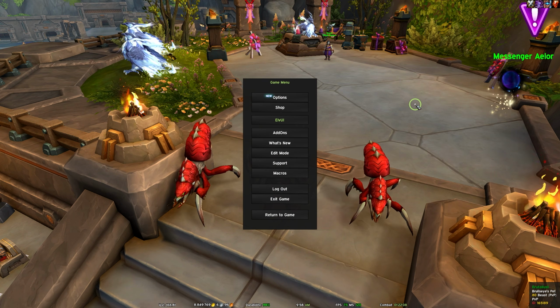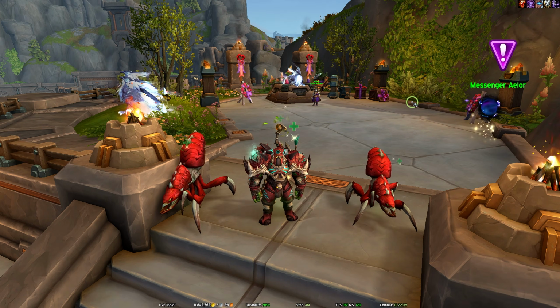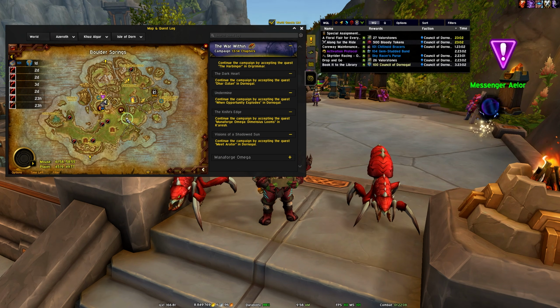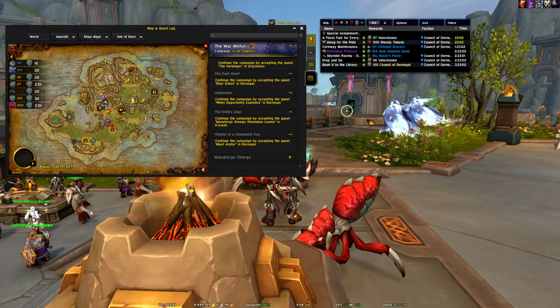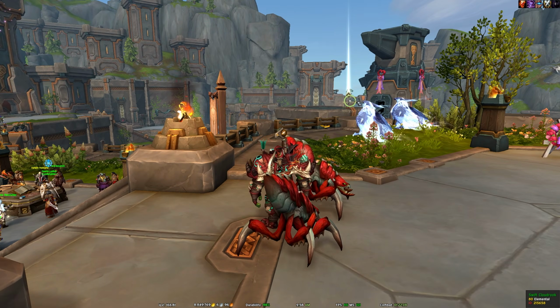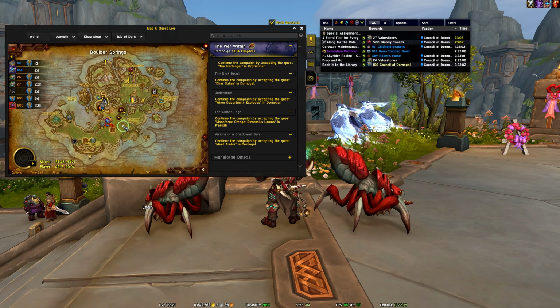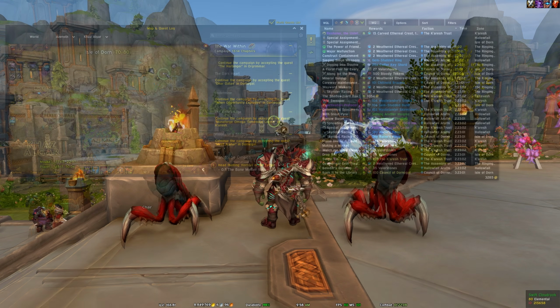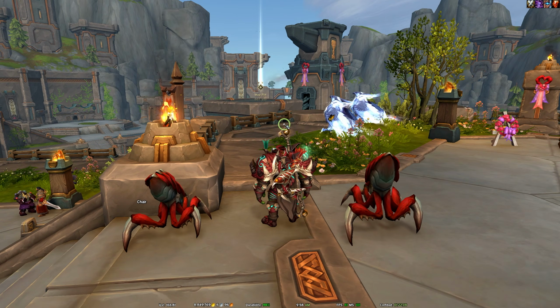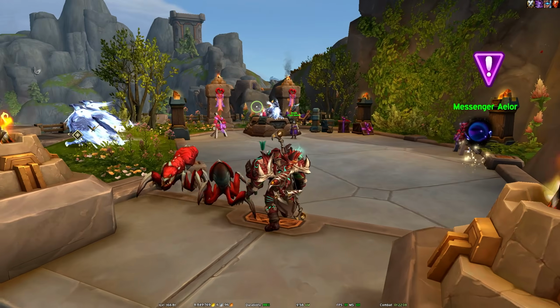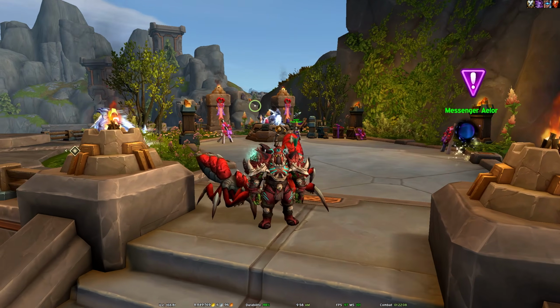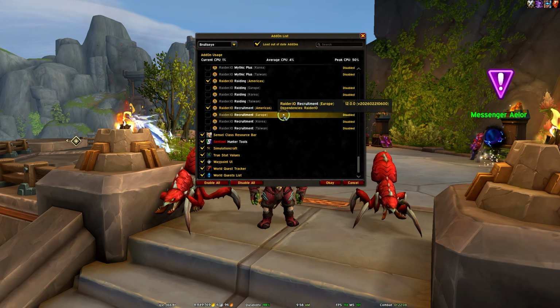Waypoint UI just makes putting waypoints on your... Let's see, will this work? Let's see. If I look that way. Yeah, so it just makes waypoints look really nice whenever you're questing, whenever you're out there in the world, whatever the case may be. It just makes things look really nice, or it makes waypoints look really nice, and I'm a big fan of that. And what were the last two? Oh yeah, I think there were two more that I have on there.